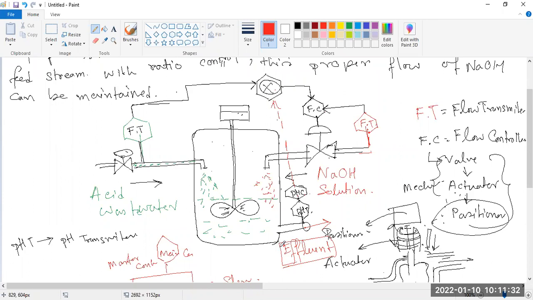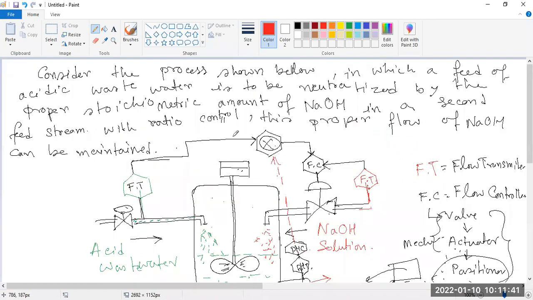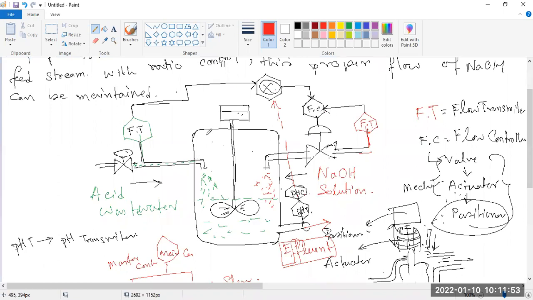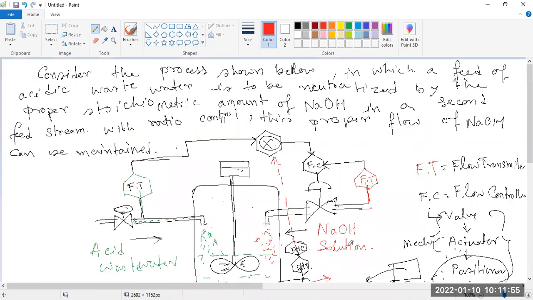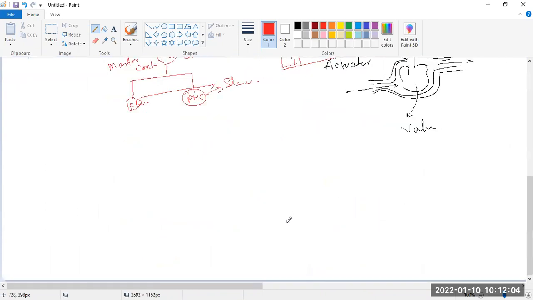Because the pH value is neutral, you can see this stirrer has no connection, so it is normally revolving. They are not under control. Okay guys, if you have any question, you may ask me. This is your simple one, and if you go for the block diagram,